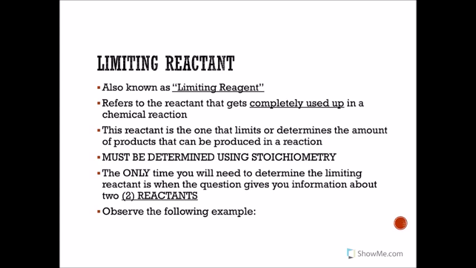This is also known as the limiting reagent or limiting reactant. It refers to the reactant that gets completely used up in a chemical reaction. It is the one that limits or determines the amount of products that can be produced in a reaction, and it must be determined using stoichiometry. The only time you will need to determine the limiting reactant is when the question gives you information about 2 reactants. If we look at the following example,